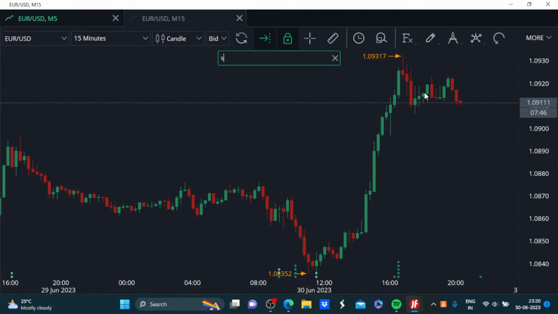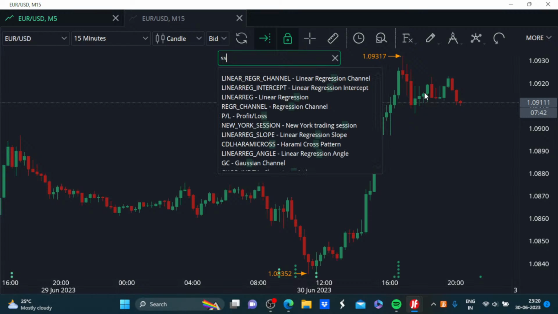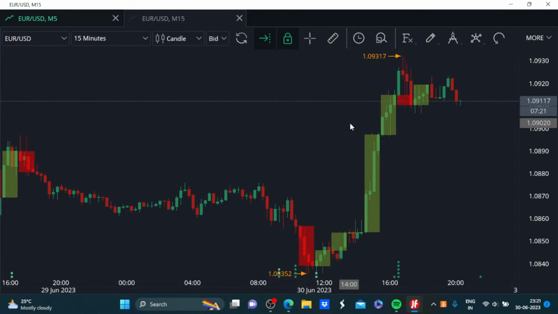All you have to do is type in, here it is the London trading session. So this is the time when the London session began, and it has closed now. Only the New York session is underway, which was being highlighted just a while back when we had plotted that. Now, here is the London session,